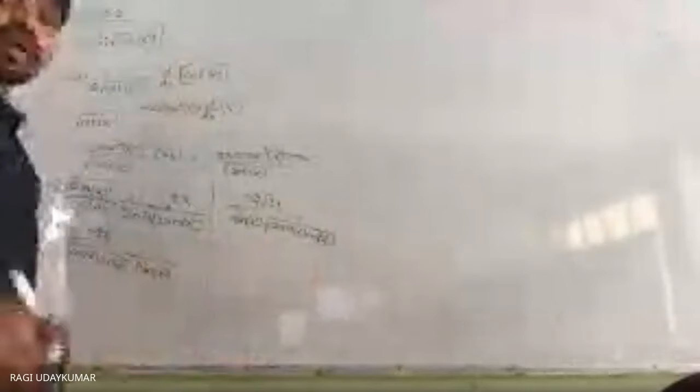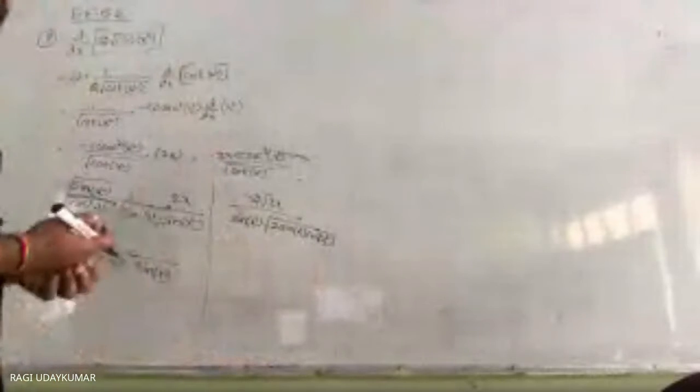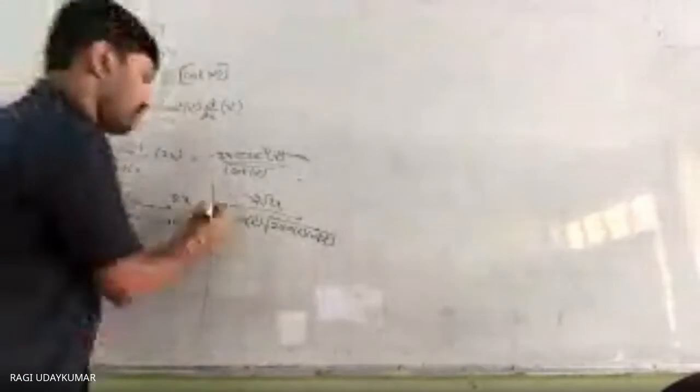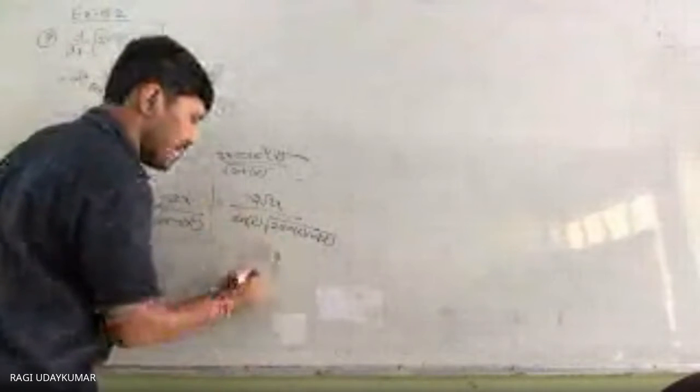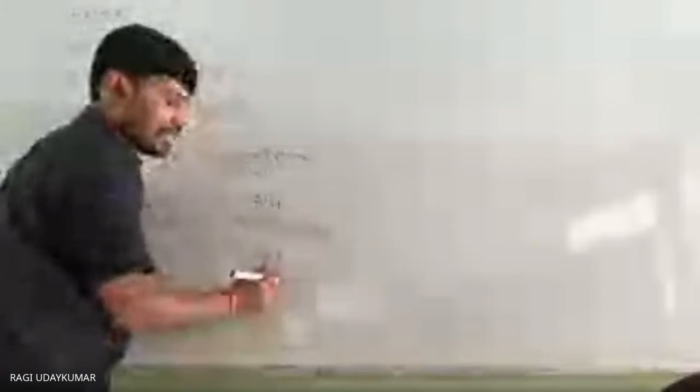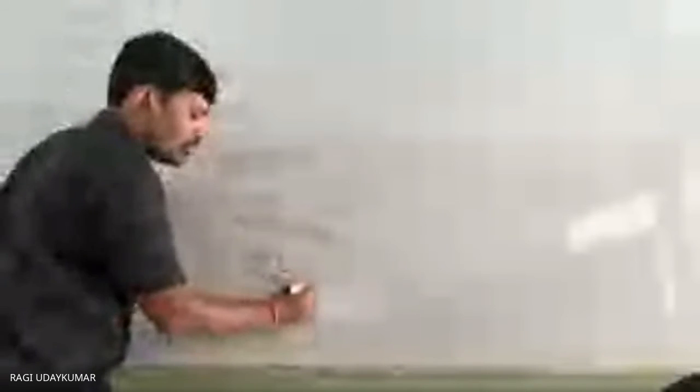Sometimes the question may be given to you to prove this one is equal to the differentiation. Or simply, if it is asking you to find the differentiation, you can find it. So it is equal to minus 2 root 2x by sin x square into, this can be written as 2 sin x cos x, sin 2x, sin 2x square. Like this. Okay. So let us move to the next problem, that is cos root x.